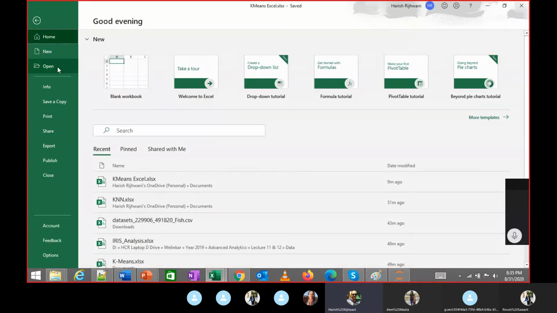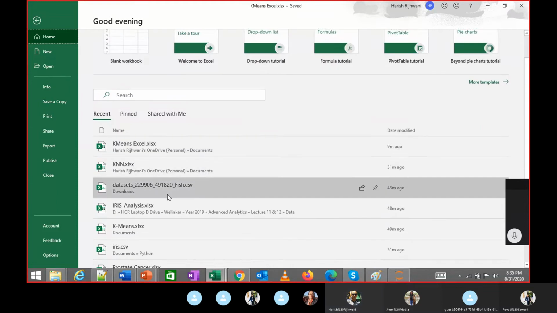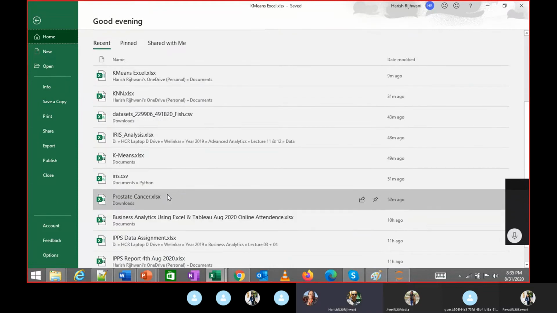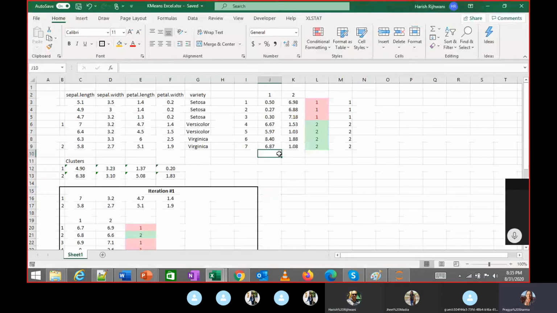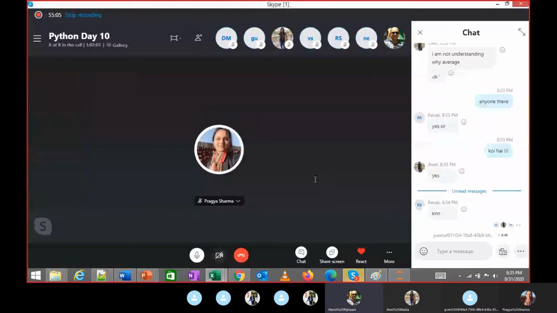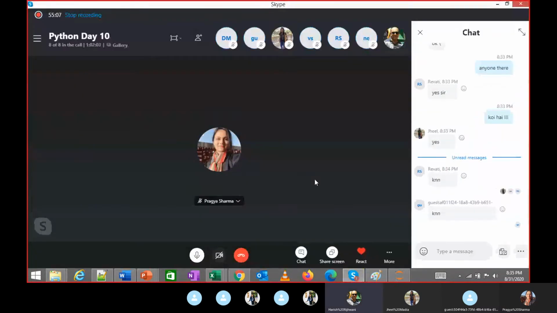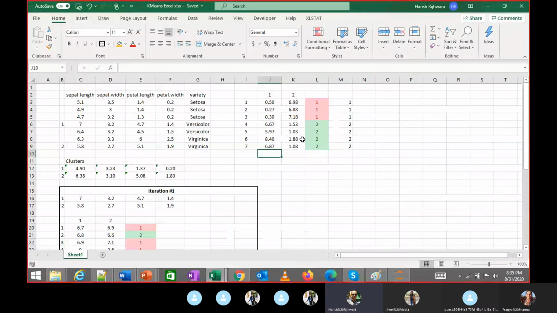What do you find easier, k-means or knn? Sir, can you show that Excel sheet again just for 1 minute? Okay, sir. I'll copy this Excel there also. Yeah, knn is easier because you have the labeled information, but many times you might not have that